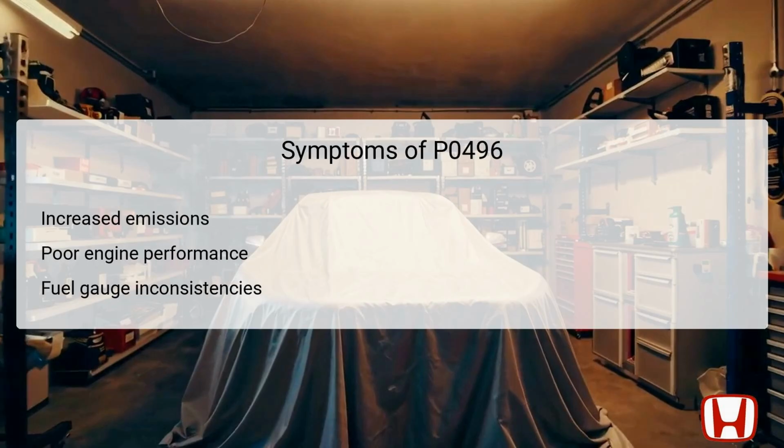Symptoms associated with DTC P0496 can vary, but commonly include increased emissions from the exhaust system, which may result in the vehicle failing an emissions test. Drivers might also experience decreased engine performance due to the fuel system's improper function caused by high purge flow. This could manifest as hesitations during acceleration or rough idling. Some owners may also notice inconsistencies in the fuel gauge readings attributed to malfunctioning pressure sensors affected by the high flow. Addressing the underlying issues reflected by this DTC is essential not only for performance, but also for compliance with